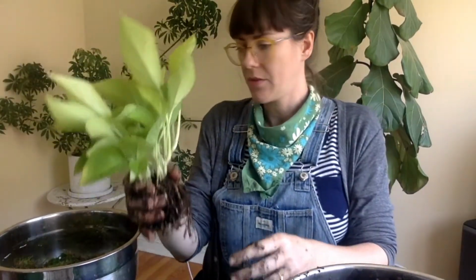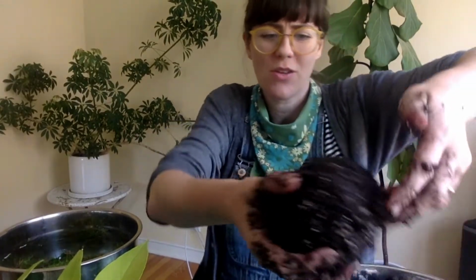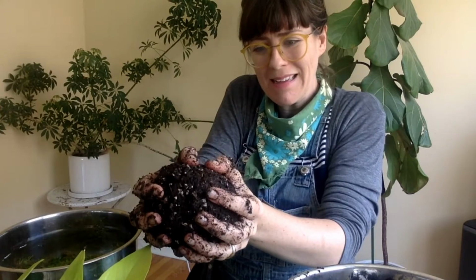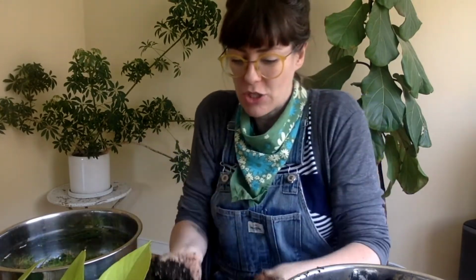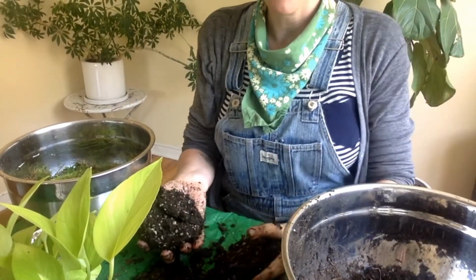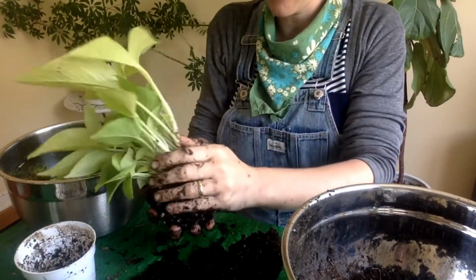Okay, so now I'm going to just put this aside because we're going to go back to the soil ball. This is the tricky part. This is what I saw. The woman that I watched in the video kind of cracked it open like that. Let me see if I can move this down a bit so you can see. Just getting everything dirty. Okay, so cracked it open,